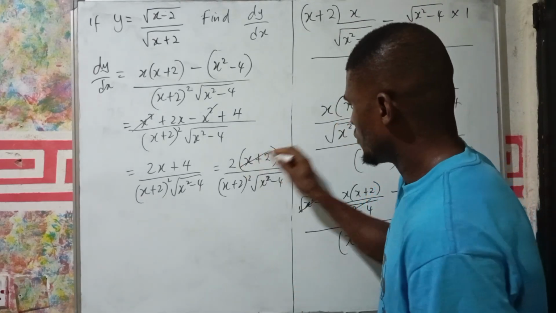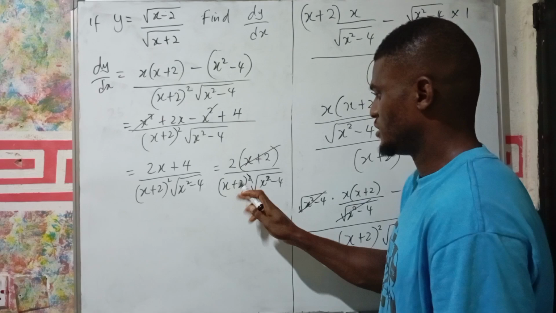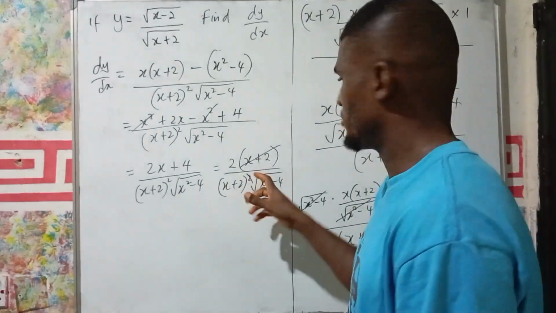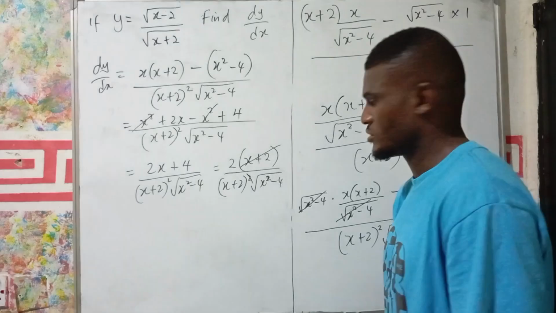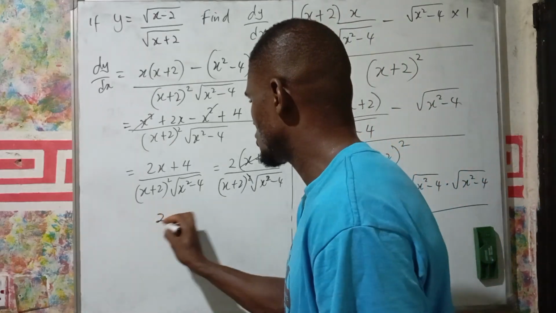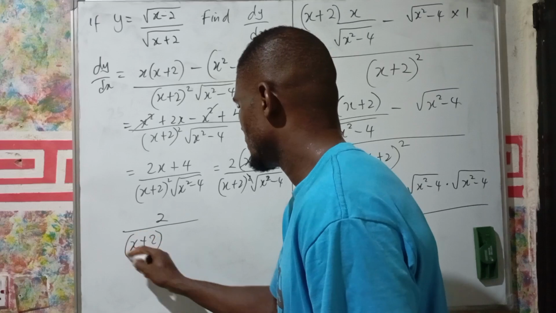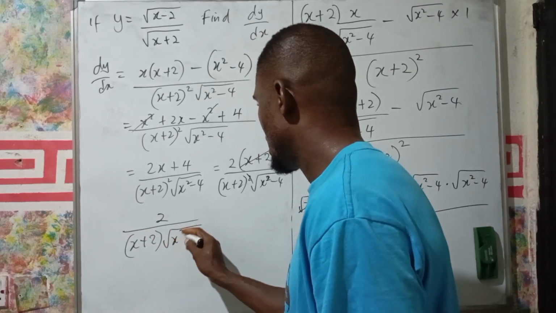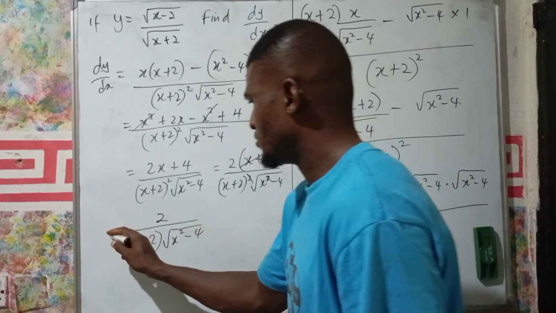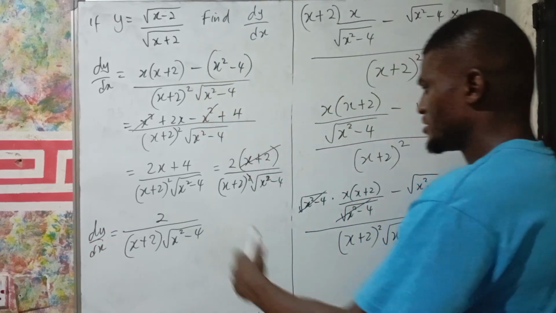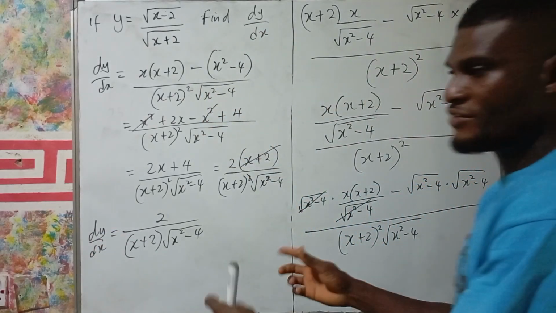Now at this point, one of these will cancel one of these out. Remember this is x plus 2 squared, so when we divide it out, we divide one of it out. So we now have 2 remaining on the numerator. We have x plus 2, and we have the root of x squared minus 4. Now this is the value of dy dx. Now you can leave your answer here,